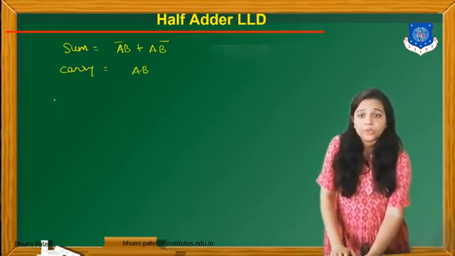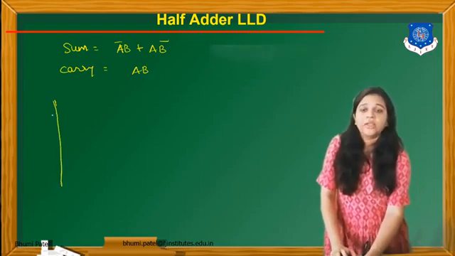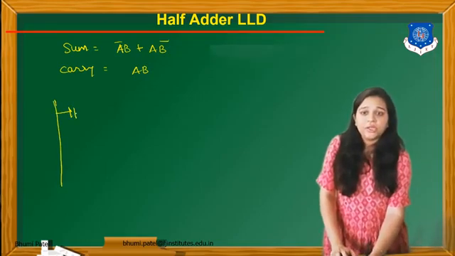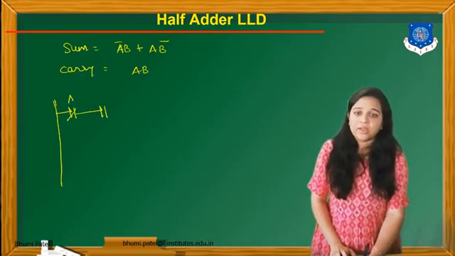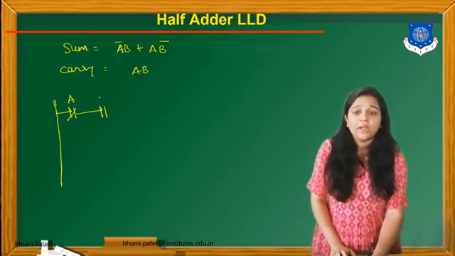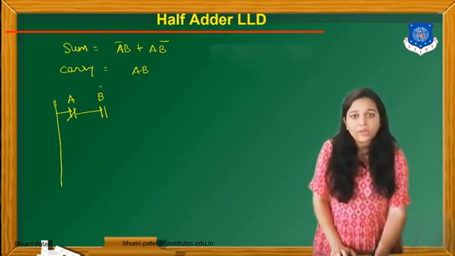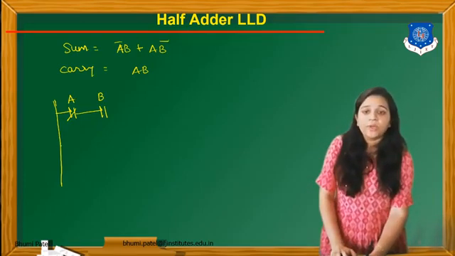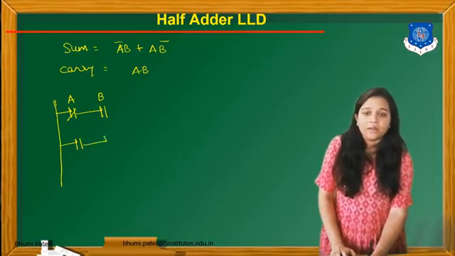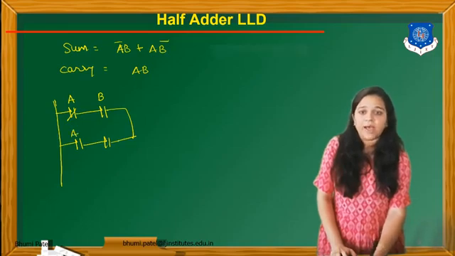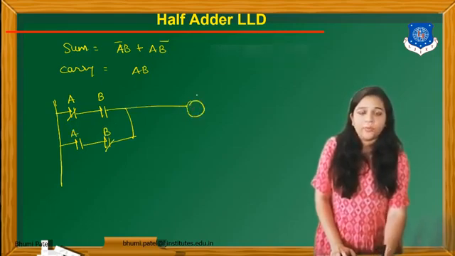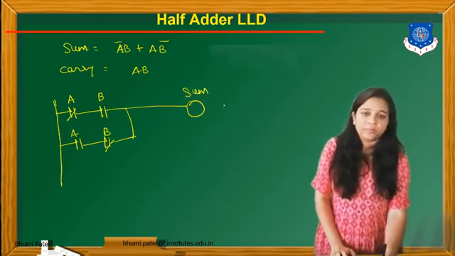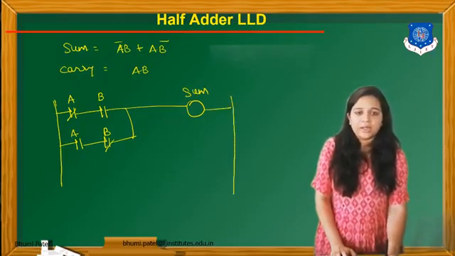We have two outputs. So we can put here, first of all, A is my input, A into B. That means we can put AB in the series connection, but A bar is given, so we can put here normally closed contact. For B, we can put here normally open contact, plus AB bar. So we can put A into B bar in the parallel connection with this connection. Okay, so this is my A input and B bar. So we can put B bar as a normally closed contact, and the output of this is the sum. Okay, so this is the ladder diagram for the sum.